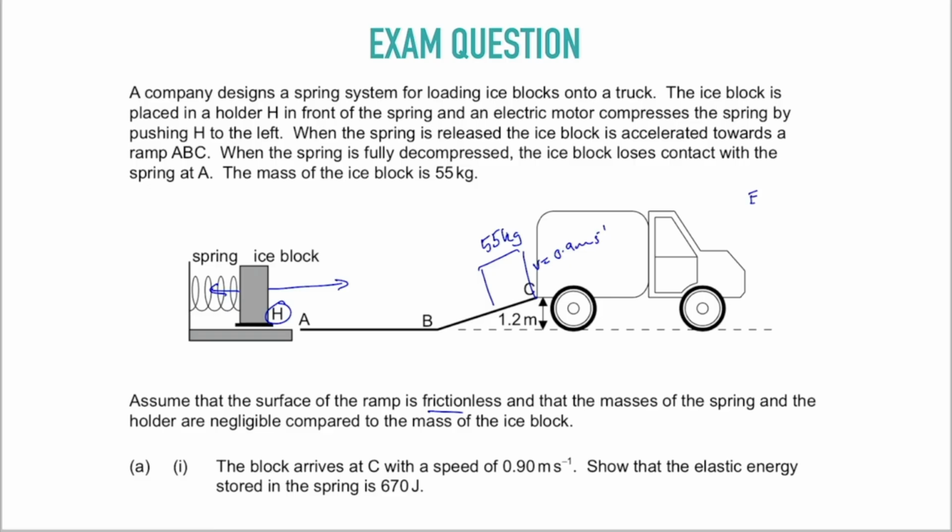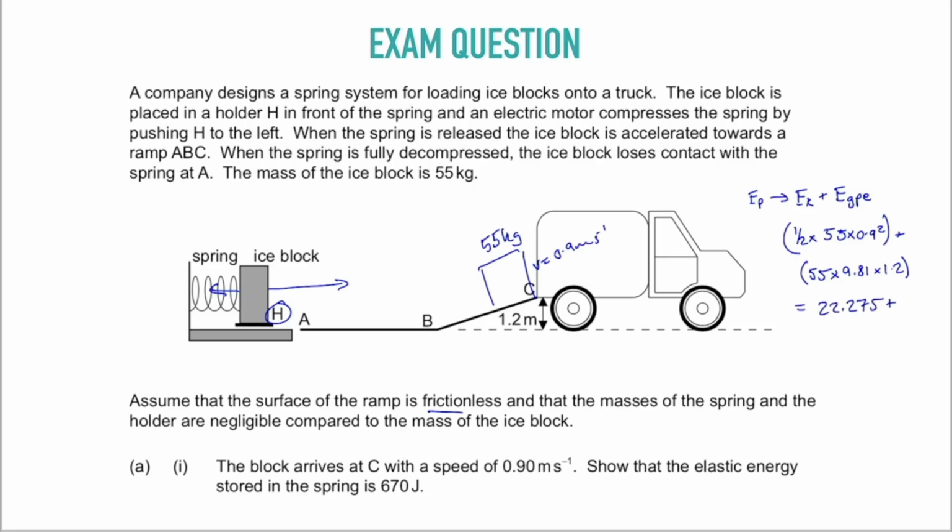So the elastic energy stored in the spring is going to transfer into kinetic energy, because we know that the block is moving at point C, and gravitational potential energy, because it's got the potential to fall. It has moved up a height. So we're looking at the kinetic energy at that point is a half times mass times 0.9 squared, plus gravitational potential energy, which is 55 times 9.81 times 1.2, and that gives us a value of